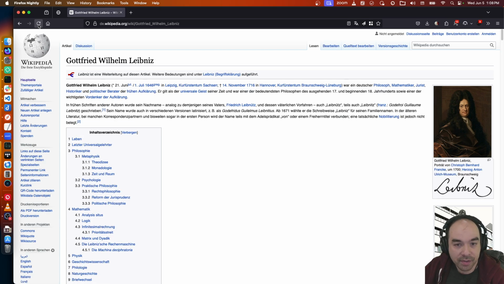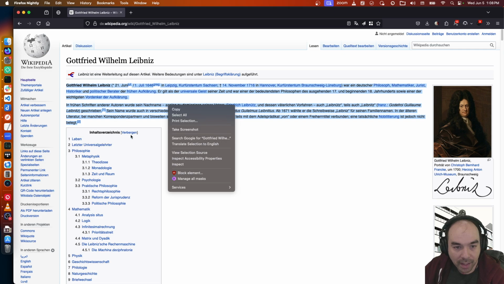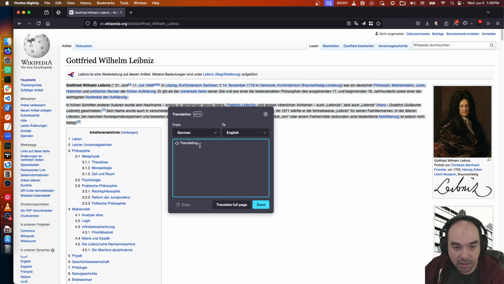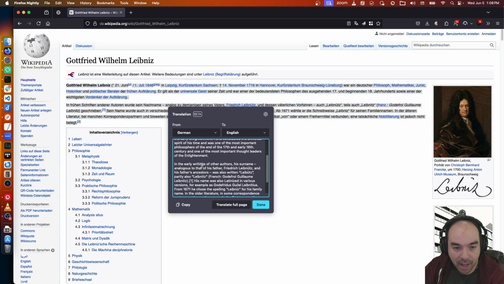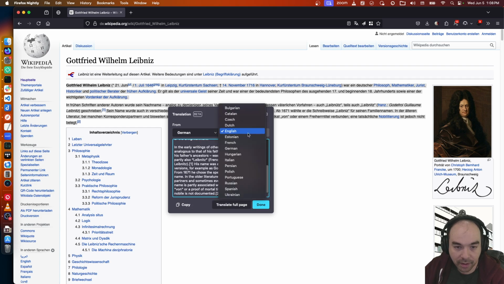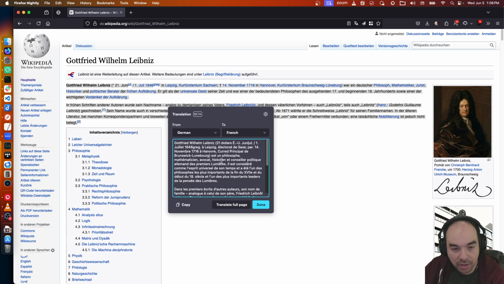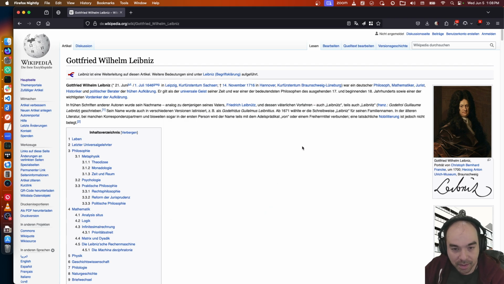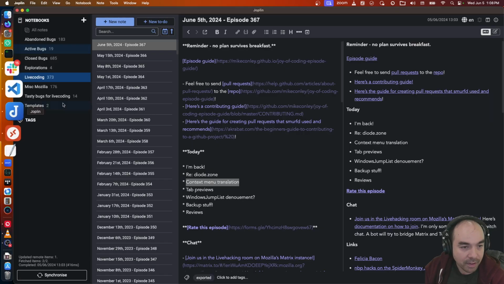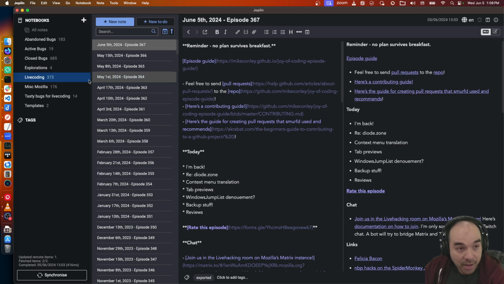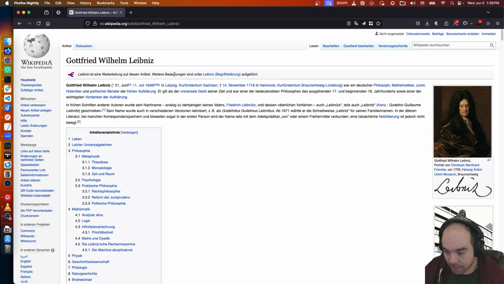Well, one thing I just found out is that you can also make a selection. If I select some text here and right click, you can translate the selection, and then you'll get this thing to come up, and it shows you the selection translated, which I think is pretty neat. And then from here you can copy the text or close it out or choose a different language, like maybe I could choose to translate it to French. Which is kind of neat, and then I can just be done with it. I think that's neat. Cool stuff. Good job, translations team.